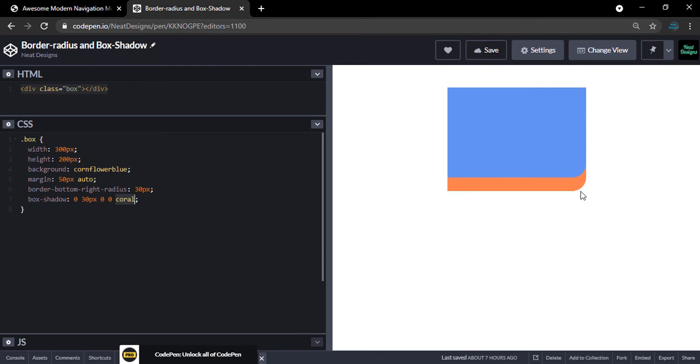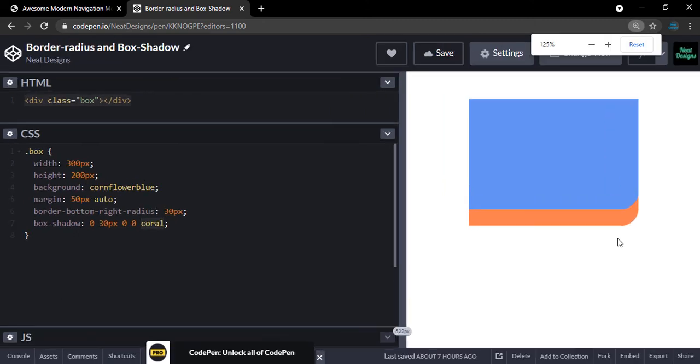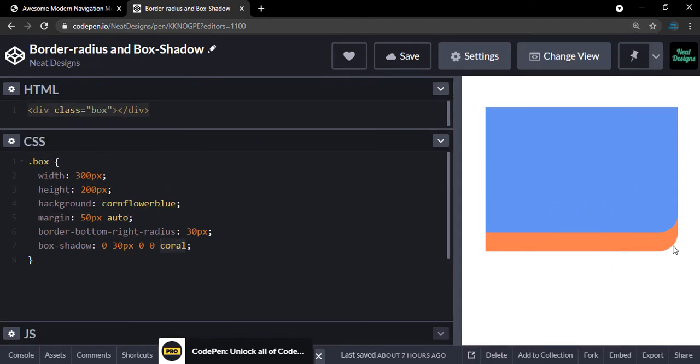So as you can see in this example, the box shadow is also rounded off because this box has a border radius. The box shadow is inheriting it, okay.